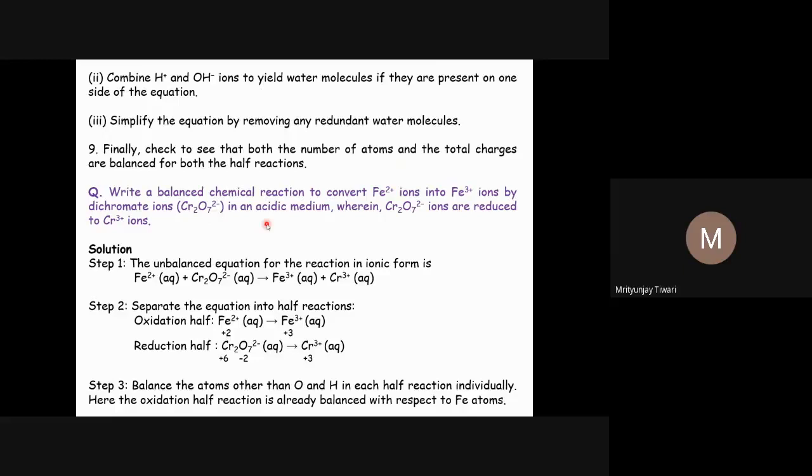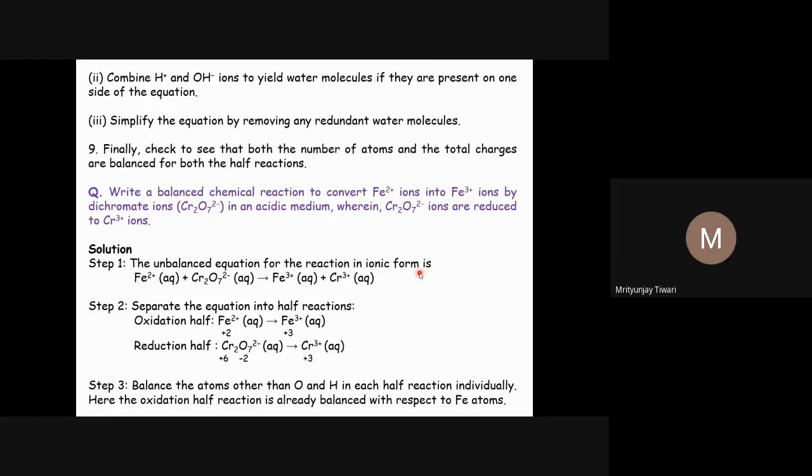From this question, we understand Fe2+ to Fe3+ could be one half. This is the oxidation half, because the conversion of Fe2+ to Fe3+ is called oxidation, as the oxidation number is increasing. The other half is dichromate, where, as we have seen last time, chromium is in the +6 oxidation state, and the dichromate is getting converted to chromium 3+ ion, whose oxidation number is +3. So +6 to +3 means reduction is happening to the chromium of dichromate.